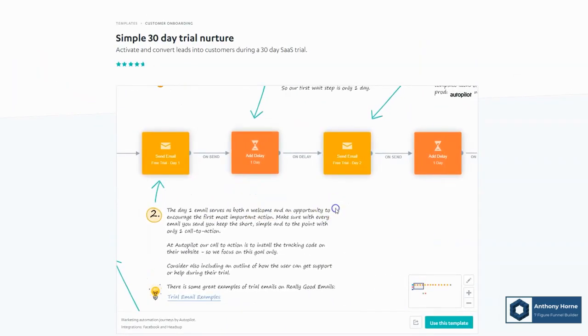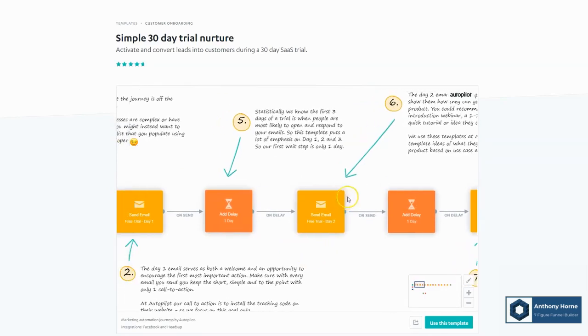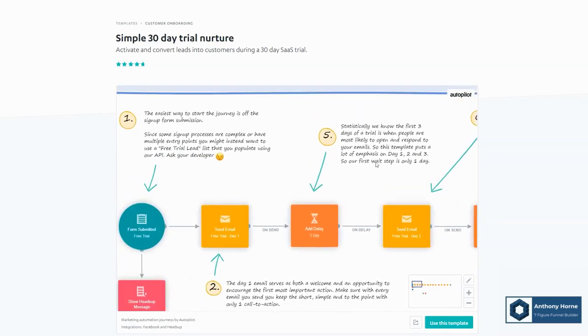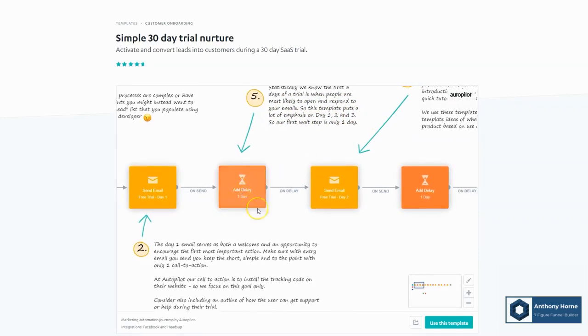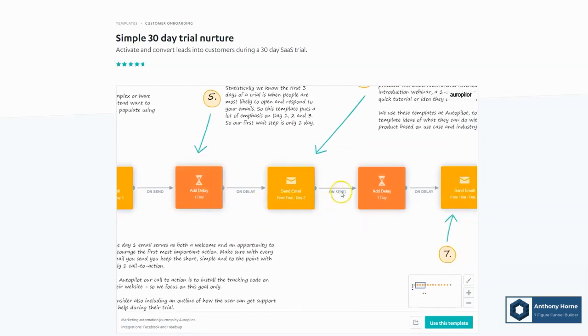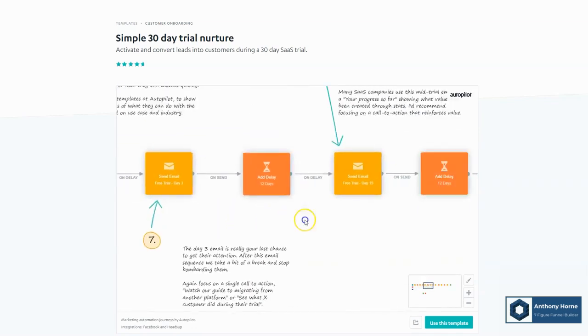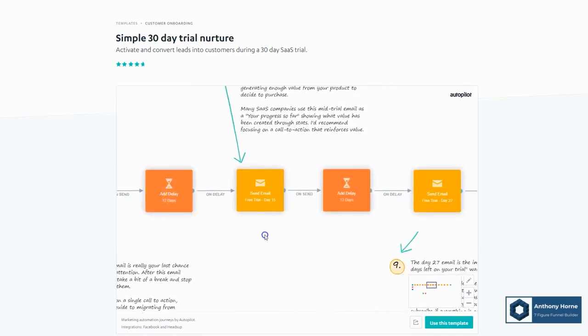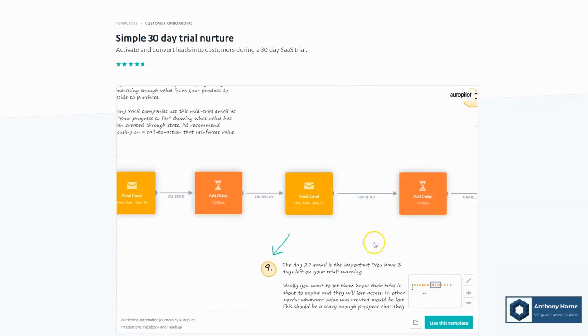Now, following up on that email, the free trial email is sent, and there's a 1-day delay. And after that delay, another email is sent here, and there's some notes to explain what's going on here. Basically, the first 3 days of a trial is when people are most likely to open and respond to emails. So this template puts a lot of emphasis on day 1, 2, and 3, and that's why there's a short duration. There's only 24 hours of gaps in between the first several emails. Later on, those times sort of start to expand a little bit. You're checking in with people every 12 days. Send an email, wait, send an email,